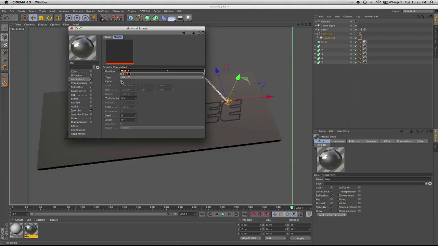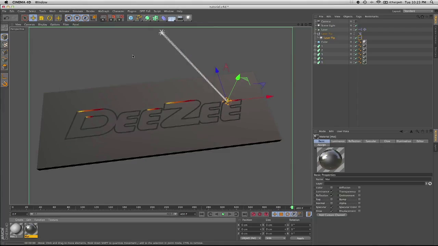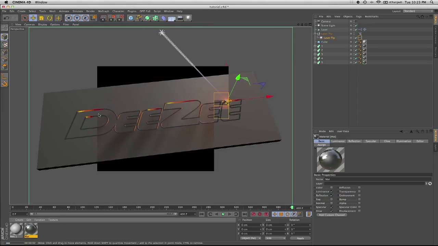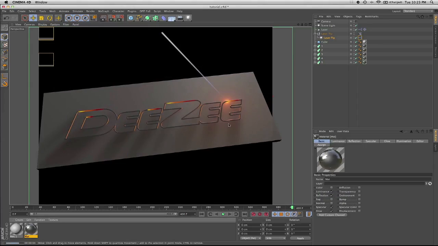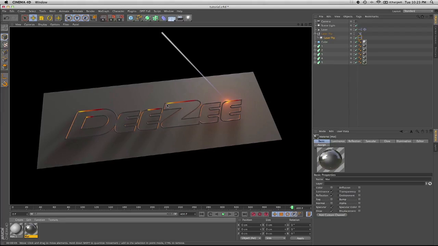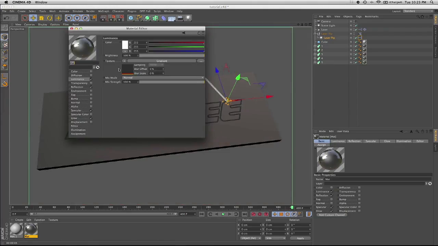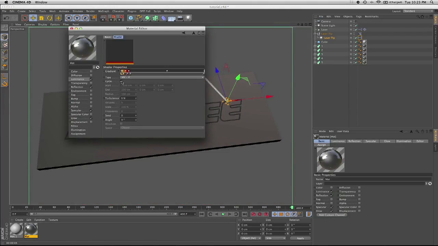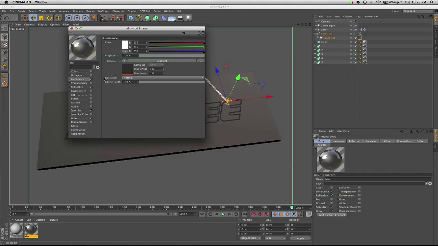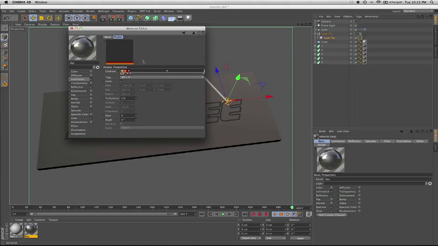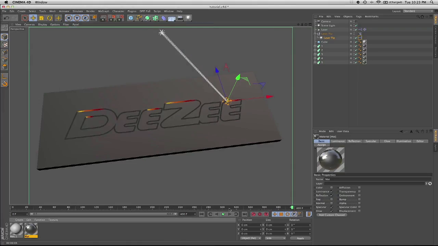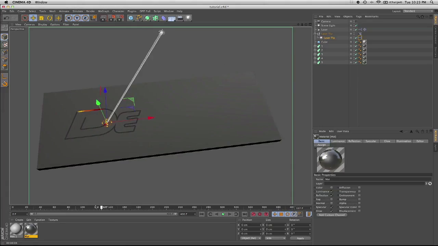Okay, so cycle was selected, and when you hit render, you can see the gradients. What we needed to do was unselect cycle and the luminance. So if you go to luminance and then gradient, if you unselect cycle, so then okay, when it animates this D on, you see it,